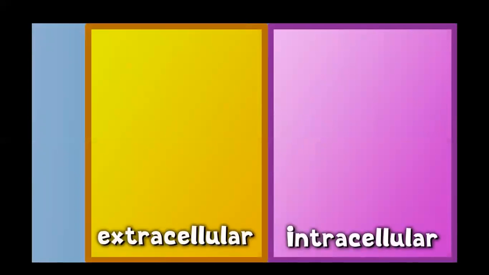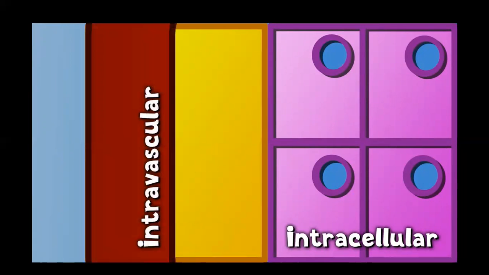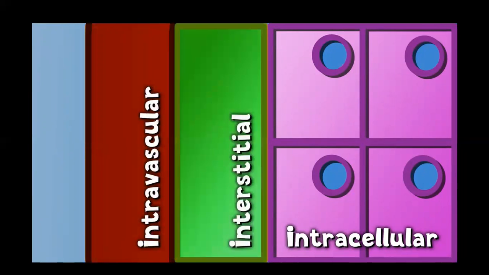Let's start with the basics. Remember that potassium is found in the body as K+ cations in solution. So when we talk about potassium, we need to think about where fluid is found in the body and how much potassium you'd find dissolved there. We tend to think about body fluid being split into 2 compartments: the extracellular and the intracellular, fluid inside cells and fluid outside of cells. The extracellular compartment can be further divided into intravascular fluid, the fluid within your blood vessels, your blood serum essentially, and the interstitial fluid, the fluid in your tissues that surrounds your cells.